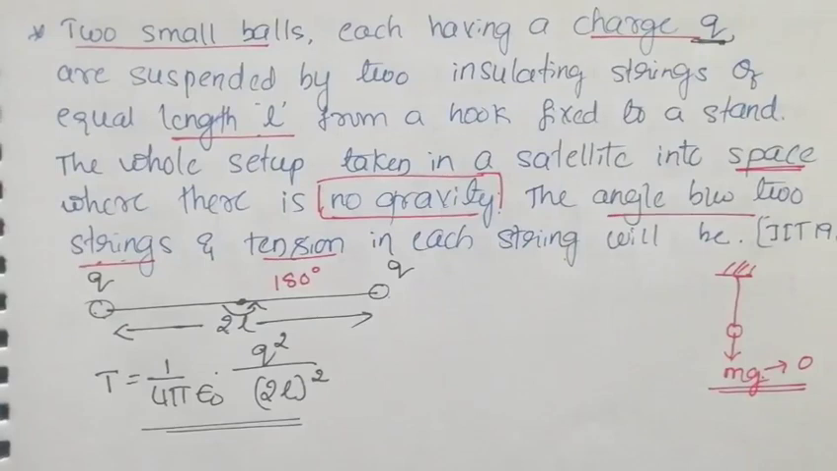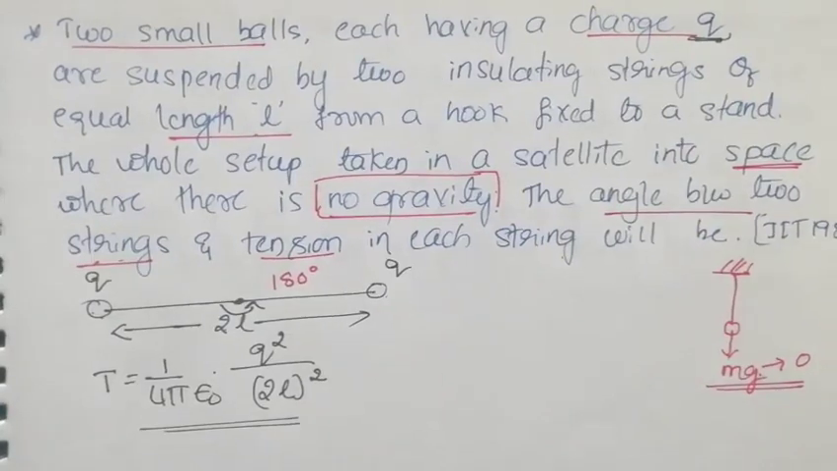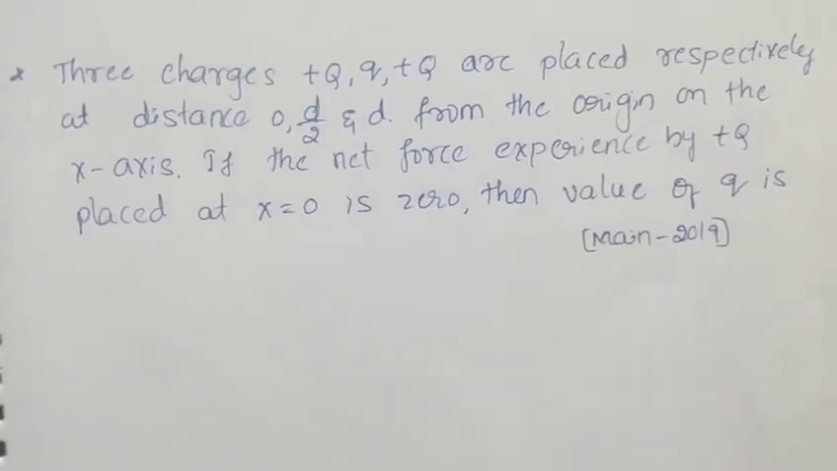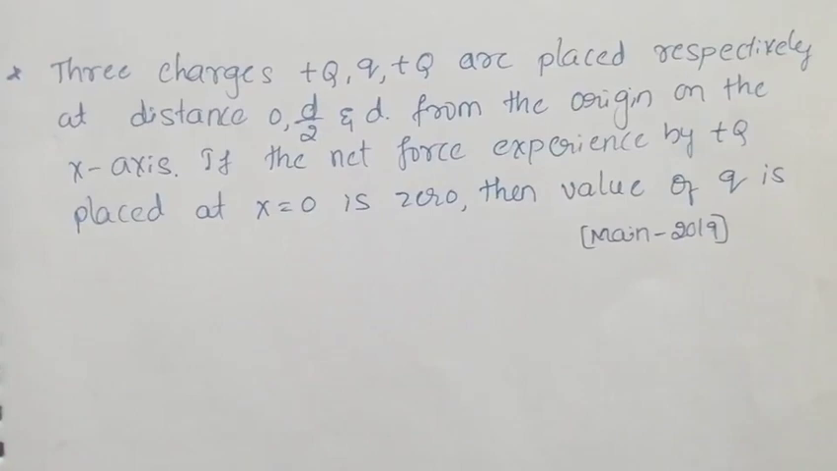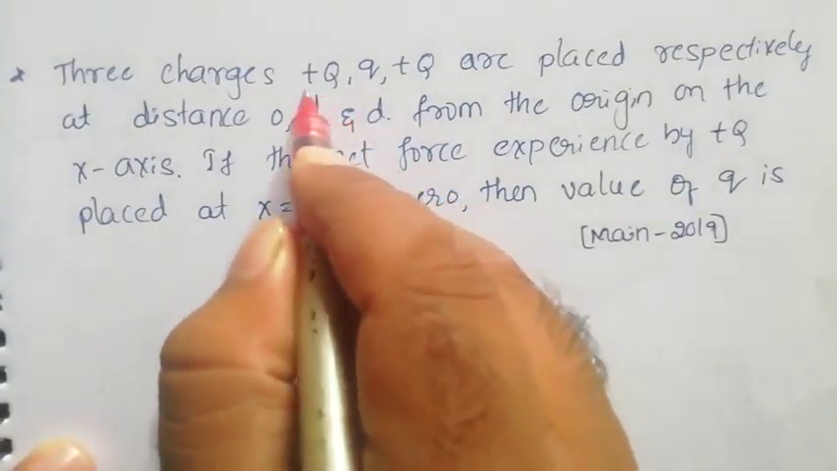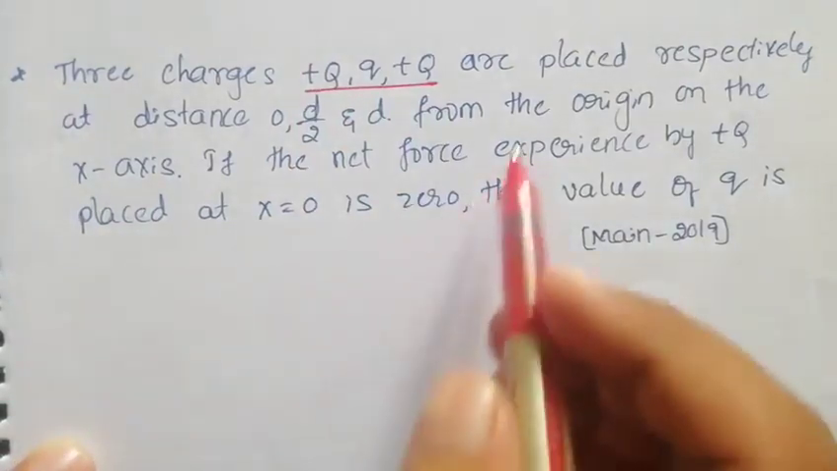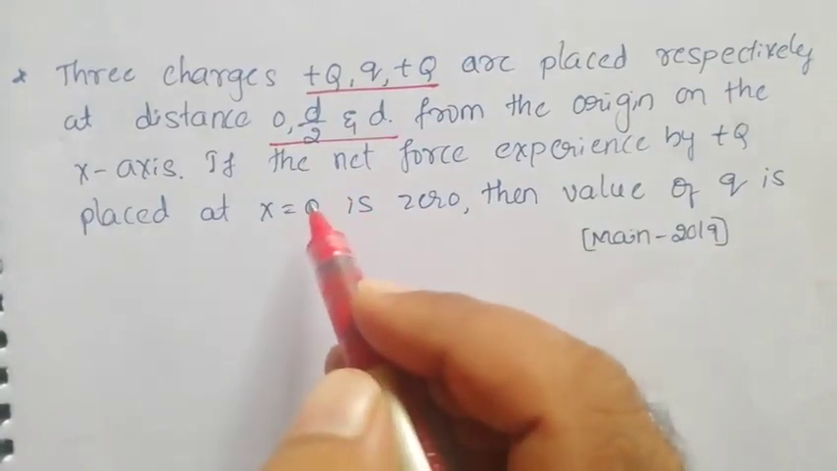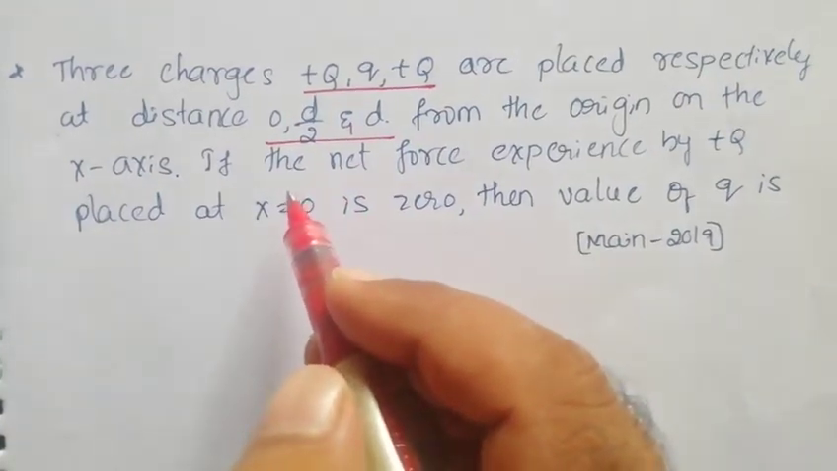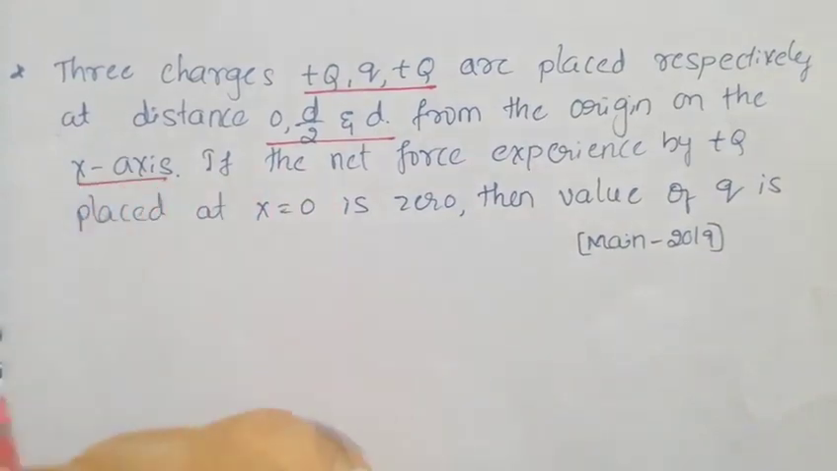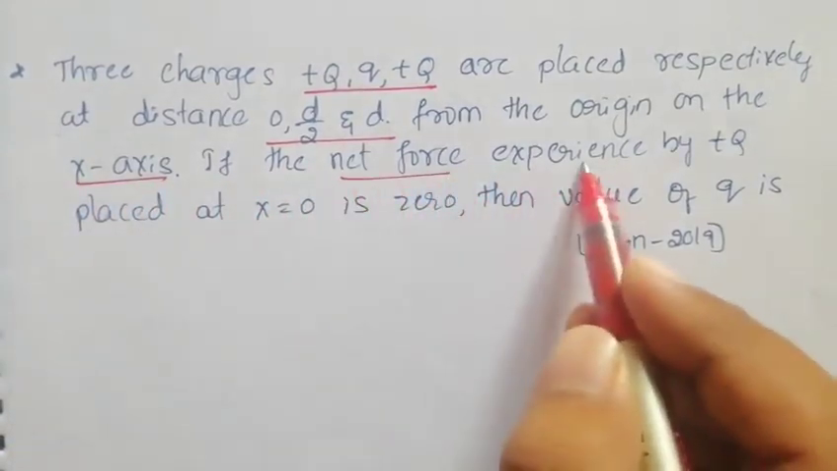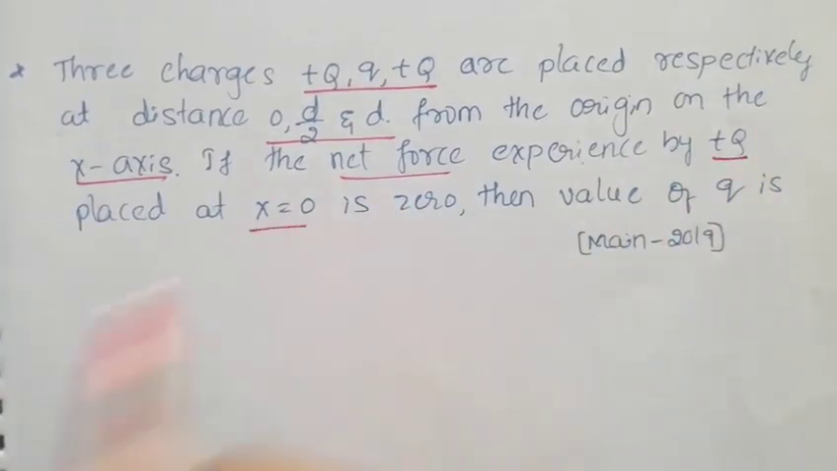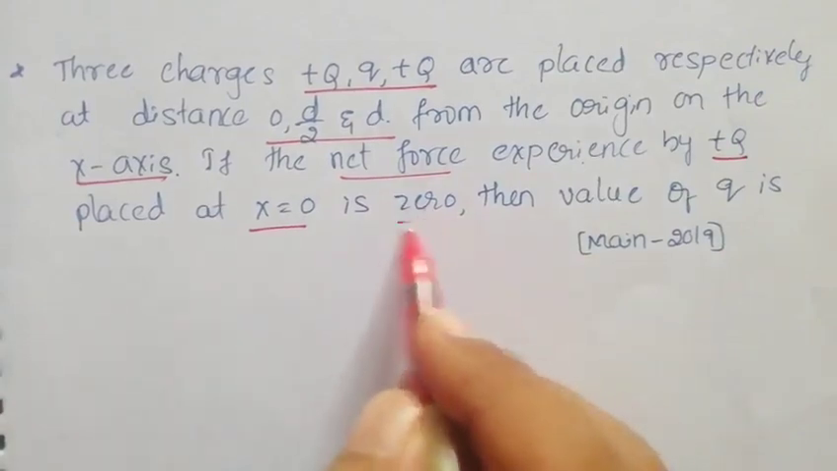Okay, let us move on to the next question. In the next question, you can see there are three charges: plus q, small q and plus q, placed respectively at distances of 0, d by 2 and d from the origin, on the X-axis. If the net force experienced by the plus q charge located at x equal to 0 is 0,